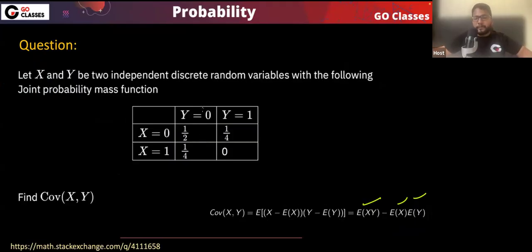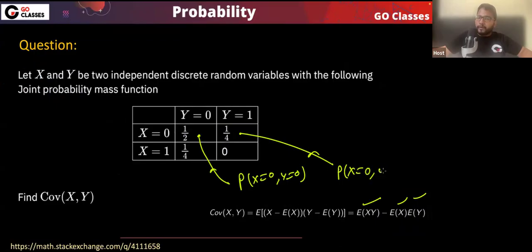See, this is a PMF that they have given, which is a joint PMF, which means mathematically this is the probability of x being 0, comma y being 0, right? Similarly, this is the probability that x is 0 and y is 1. Now, if you want to find the covariance, then you need to find the expectation of x first,